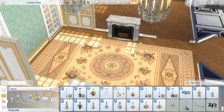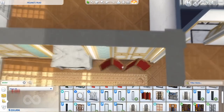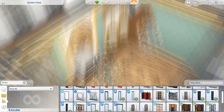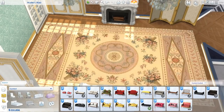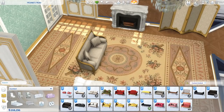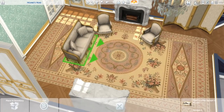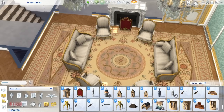This is the Queen's drawing room, and the inspiration for this room is the Salon de Noblesse in Versailles. Hopefully I'm pronouncing that right. I apologize in advance if I am not doing justice to these pronunciations, but the Salon de Noblesse in Versailles inspired the color scheme for this room, which is very pastel. I love that turquoise pale green color. Really loved it, with some gold accents and some creams and that beautiful